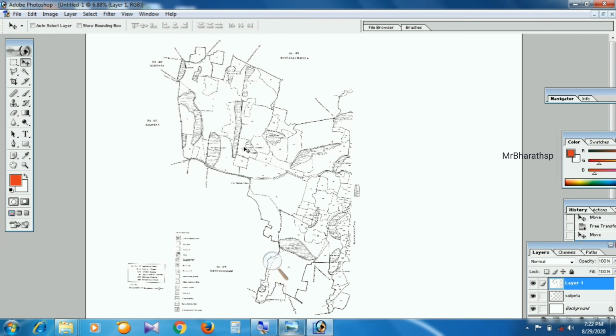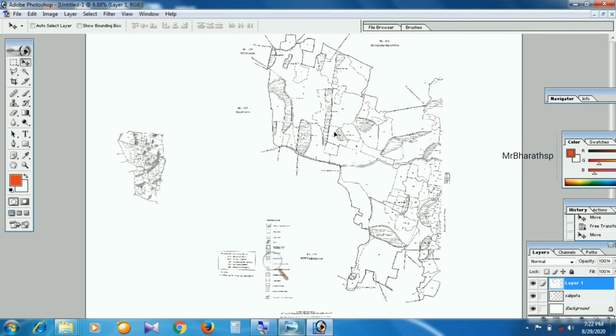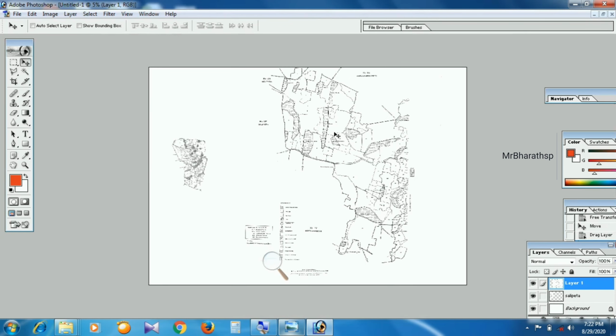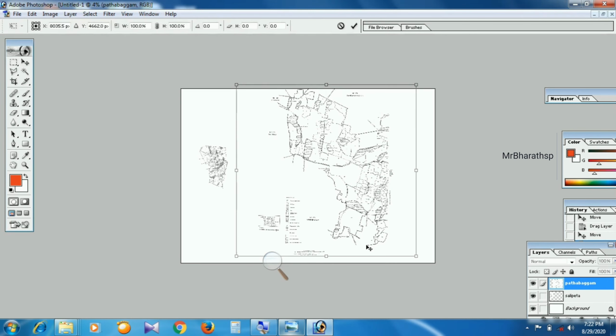Now first we have to remove all the unwanted labels and names which we don't want in our map. You can see on the bottom right corner it is presently selected as layer 1. That means we have to change it to the village's name, because there is a scope of confusion at a later stage where there will be a lot of village maps.